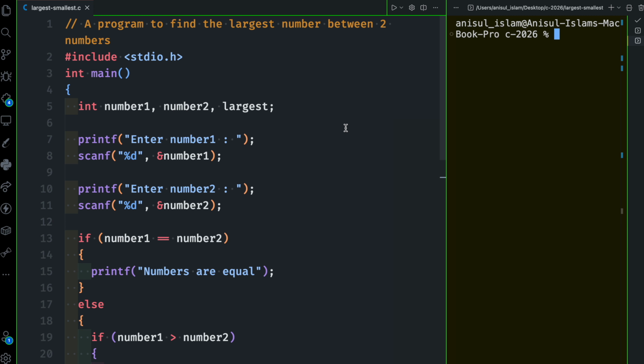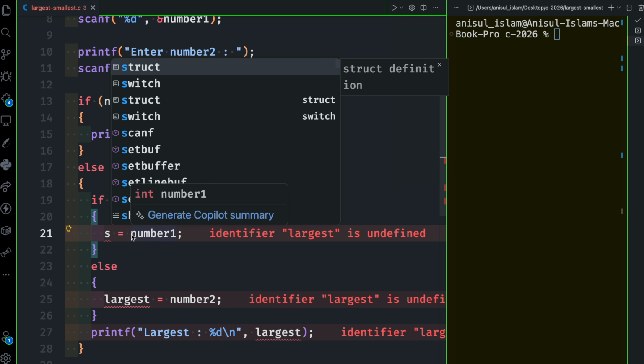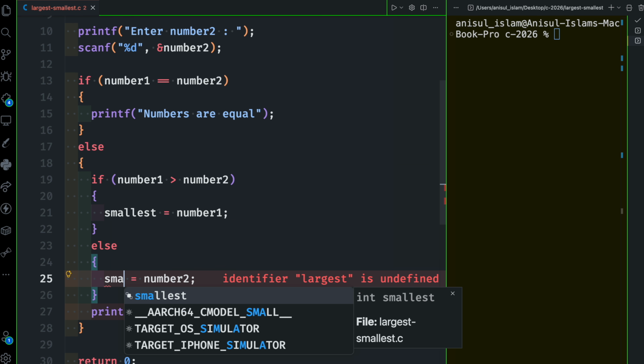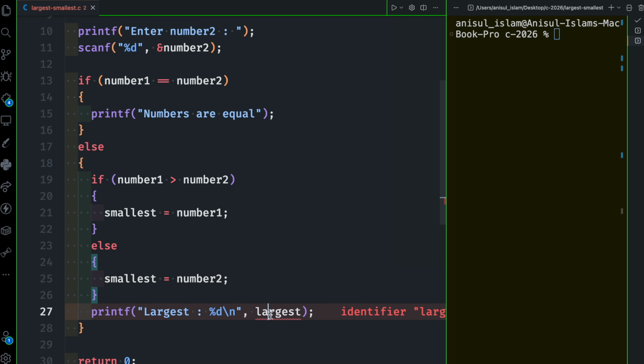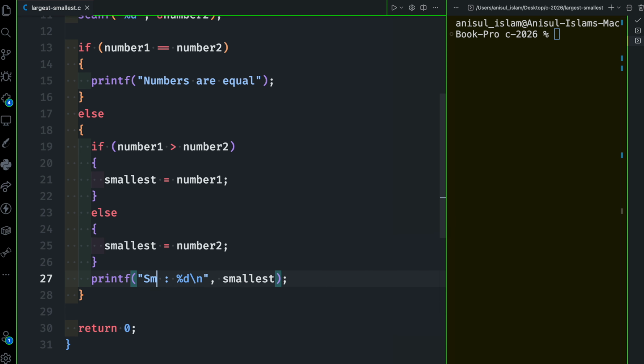But what if you want to find out the smallest number? Before you even finish this one, let's finish this one. Now, if you want to find out the smallest number, it's very easy. Just change the name of the variable here, and let's come back. We are going to put smallest, and also we're going to put smallest here, and we can do the same thing here, because this time we're looking for the smallest. Let me just put smallest number,